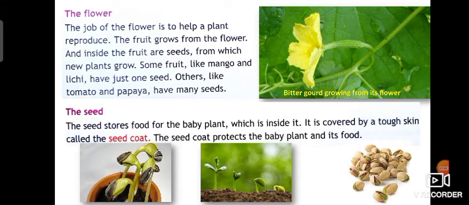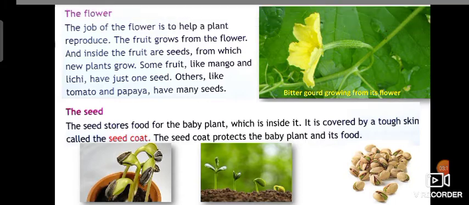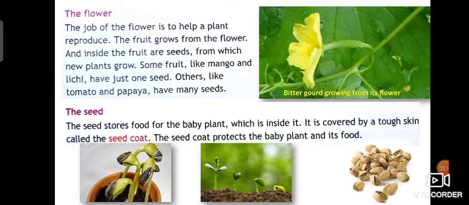Okay, now let us see about the seed. The seed stores food for the baby plant which is inside it. It is covered by a tough skin called the seed coat. Okay, the seed coat protects the baby plant and its food. Here you can see the seed coat, okay, and here you can see the new sapling is coming out from the seed. Okay, next we'll see